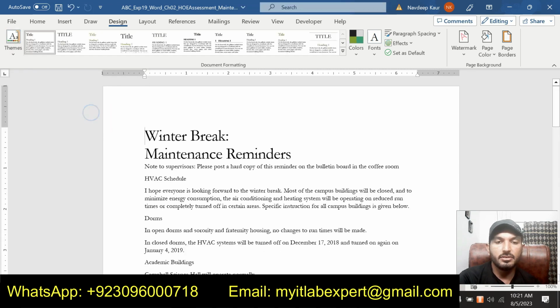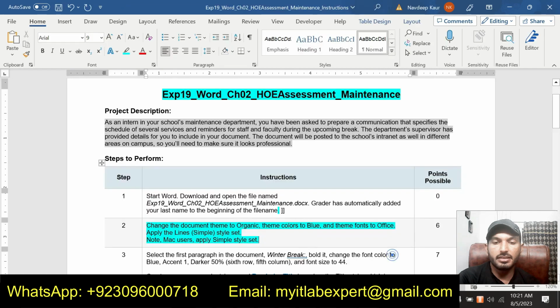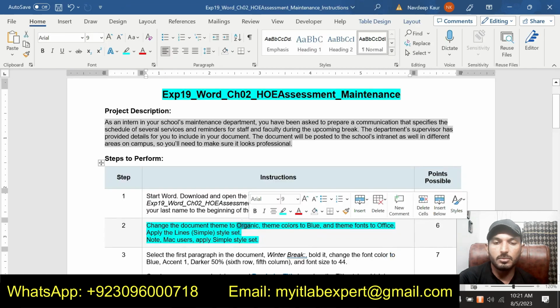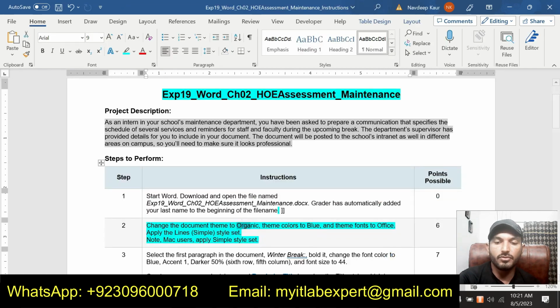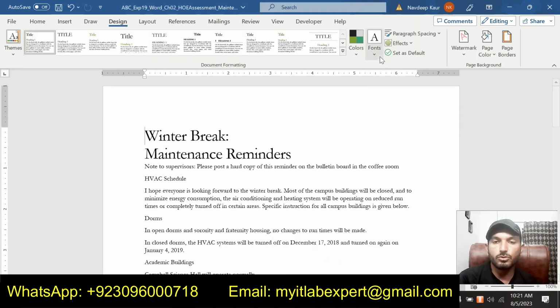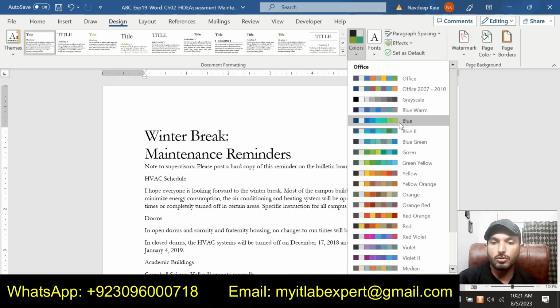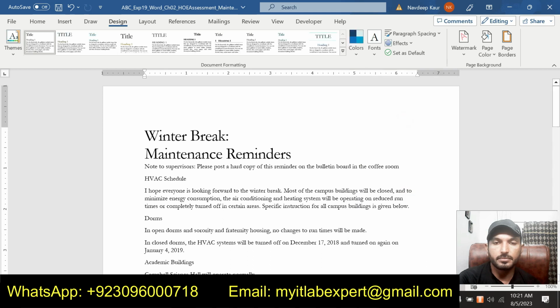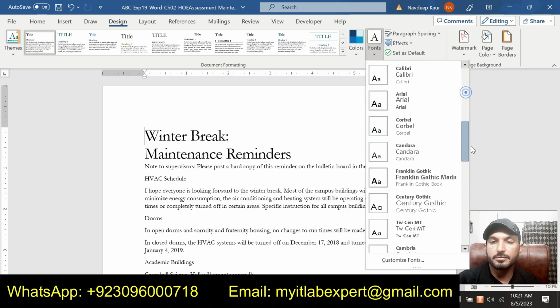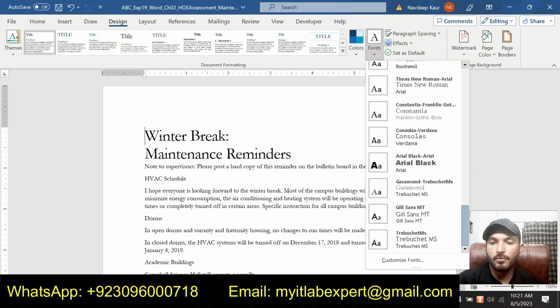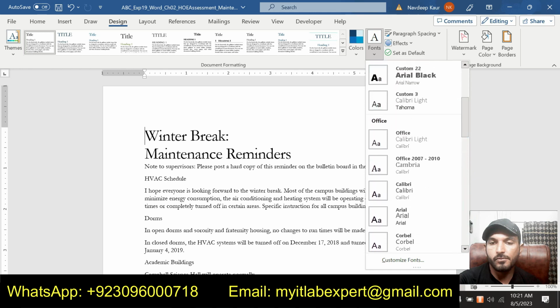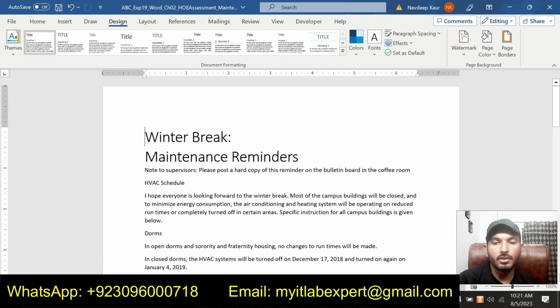I have applied the Organic theme. Now theme colors to Blue, this one. And finally we make the theme fonts Office. This one. So I have changed the theme color and theme fonts.